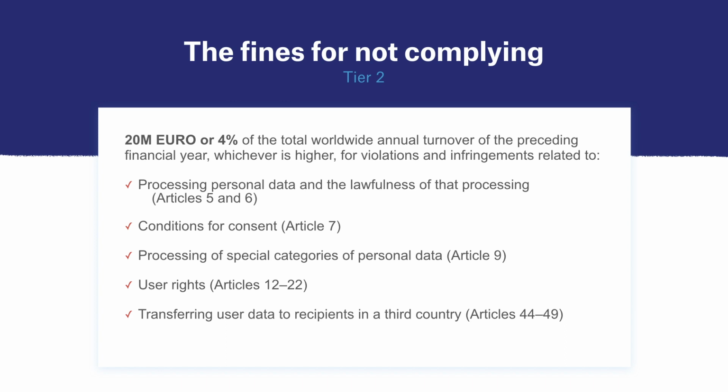The breaches that fall under this tier include failing to collect consent, unlawful processing of data, or non-compliance with data subjects' rights. These are the maximum fines, but the regulator or enforcement body can fine companies depending on the severity of non-compliance, as well as the reason it happened. For example, was it on purpose? Was it negligence or a one-time mistake? Also, the fine can be proportional to the company's size, measured by turnover.